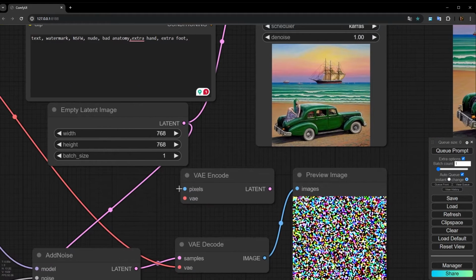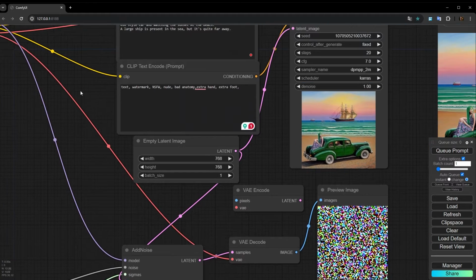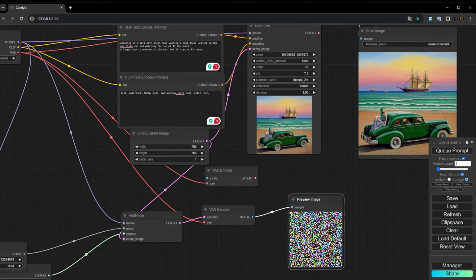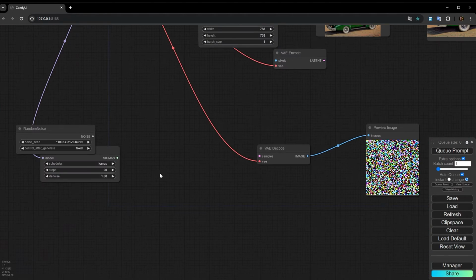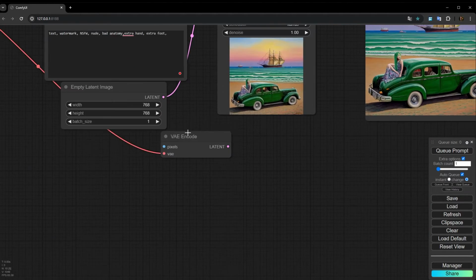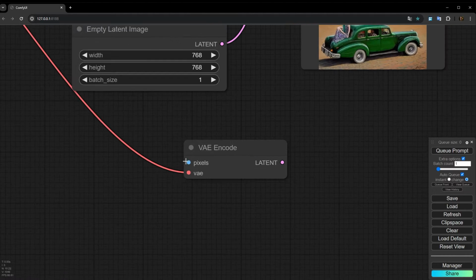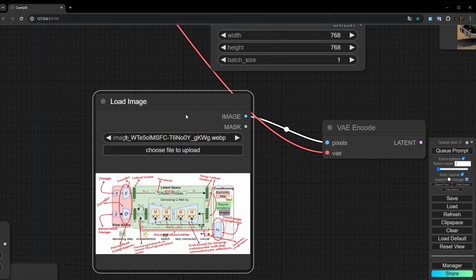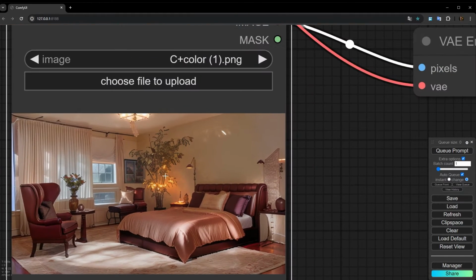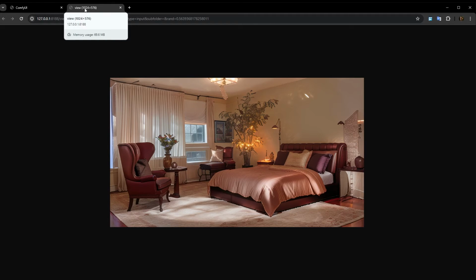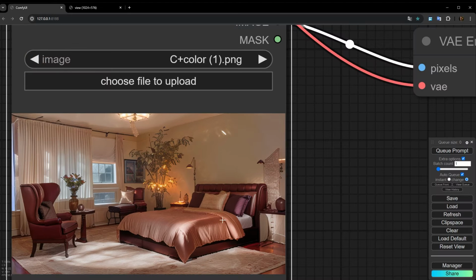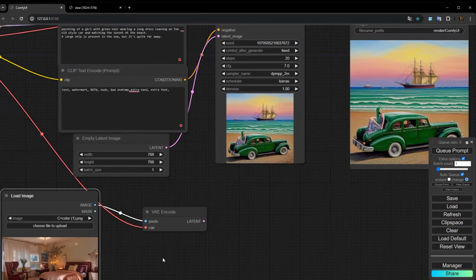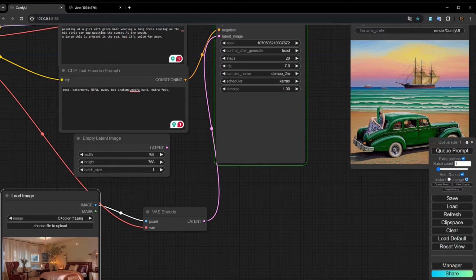After adding this node, I have to connect the VAE. Okay, let me remove these unwanted nodes. Okay, I have to connect the VAE, and from the pixel I have to add a node for loading an image. For example, I will load this image, and the size of this image is 1024 by 576, so it will also be my latent size. And if I connect this one to the latent,